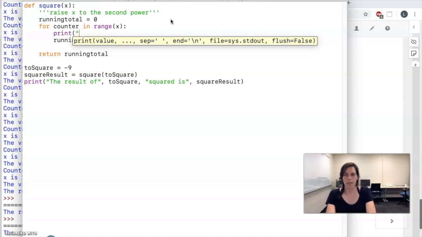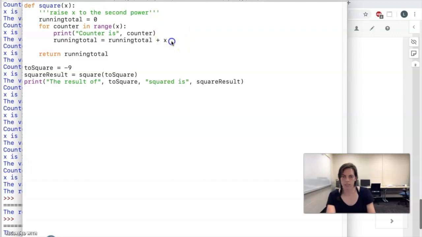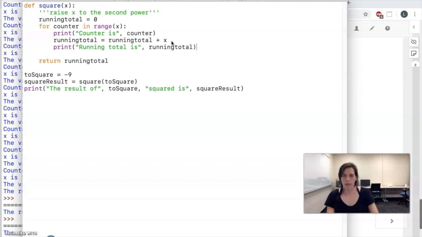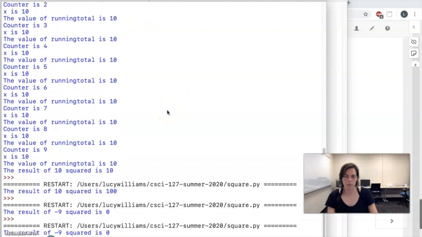So one thing I might do is print what is the counter, print what is running total,